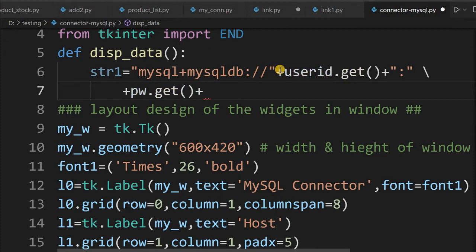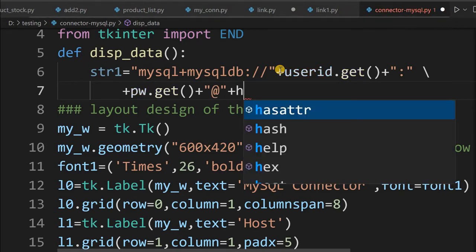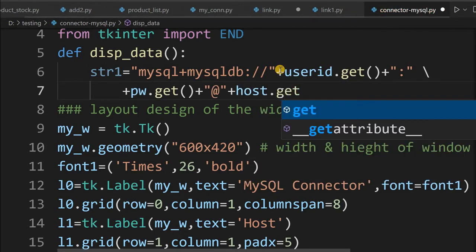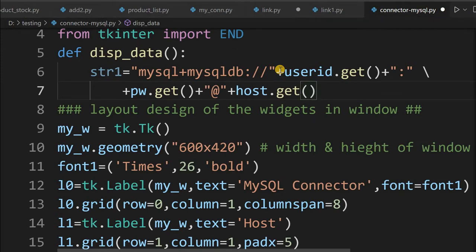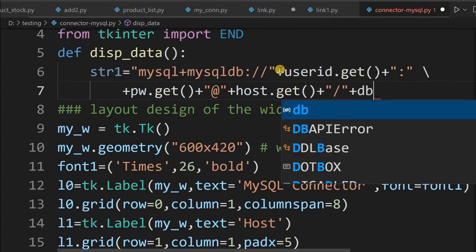Plus, this is the format I am using, there is nothing to learn, only placing the variables in the format. Host.get, this is the host name I will get. Plus then the DB name I am getting.